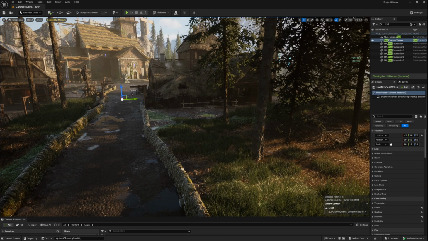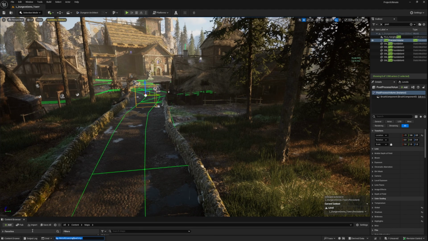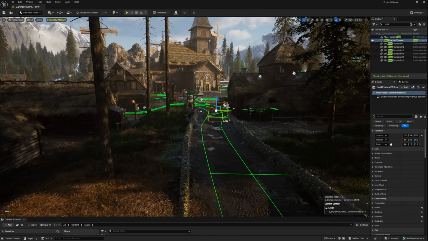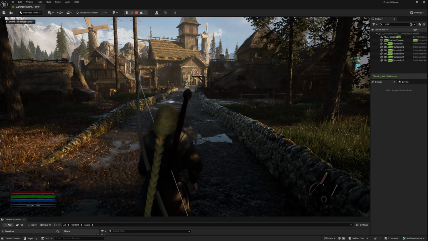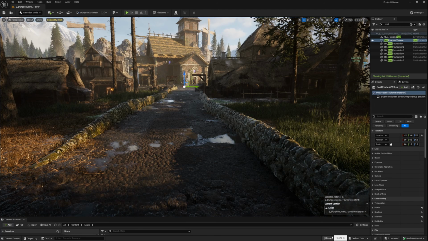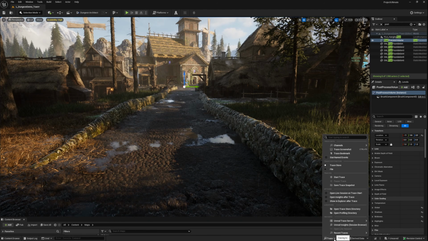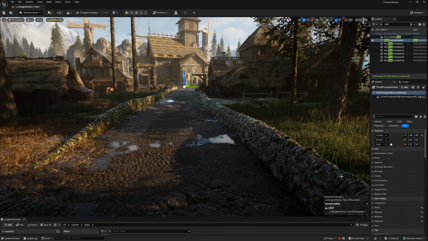The other one, which is really important, is going to be the trace insights. So the GPU buffer just shows you what's hitting the GPU, right? And the trace is going to show you a bit of everything. So the way to do this is we're going to come down here to trace, hit start trace, and you're going to see this record button pop on here. We're going to hit play,